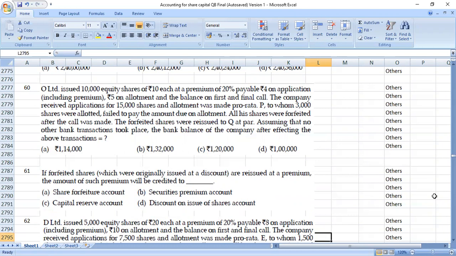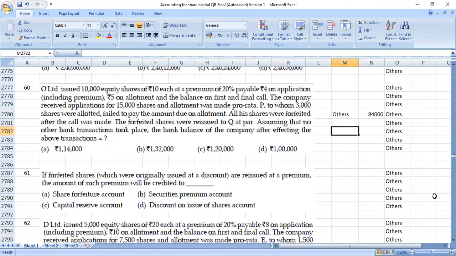Call made pannyaachu. So assuming everyone paid, except P for 3,000 shares, all the other people paid the entire money. So 7,000 into 12. Other people paid the entire amount. So 84,000 done. P, to whom shares were allotted,